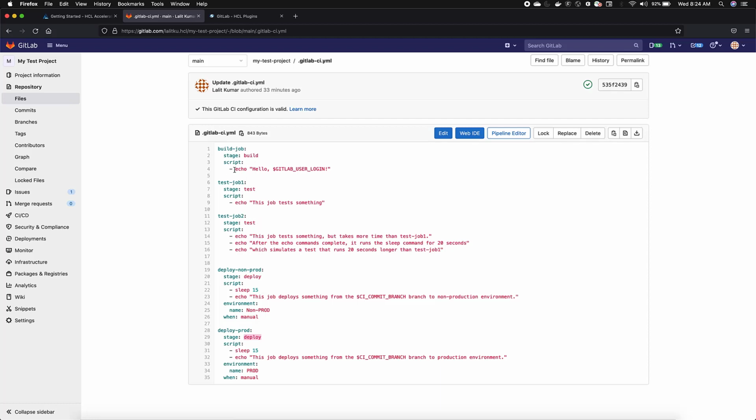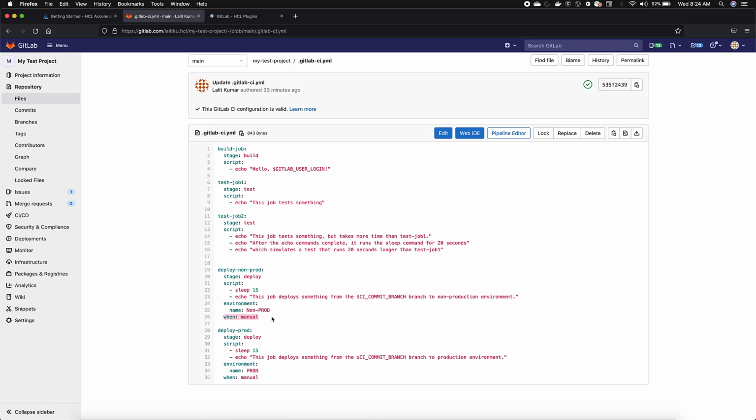You can define other stages also, but these are the mostly used and default stages. Here I'm just running some printing scripts under different stages. My first job is the build job, then there is a test job 2, and then there are 2 deployment jobs which I want to run using HCL Accelerate. These jobs run in different environments named non-production and production, and they will run manually.